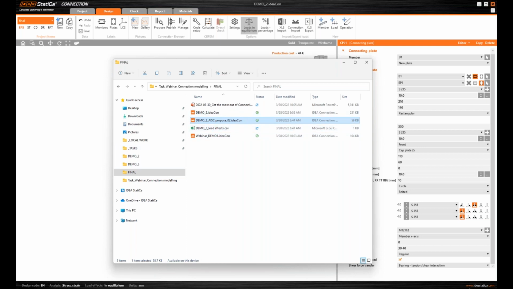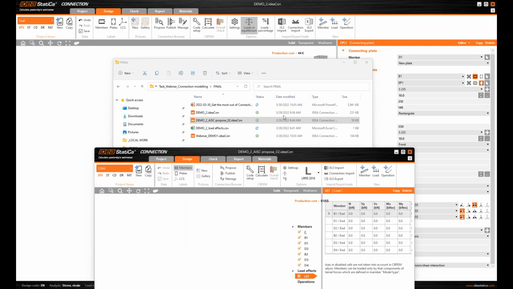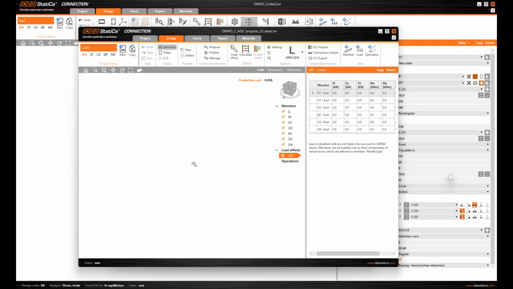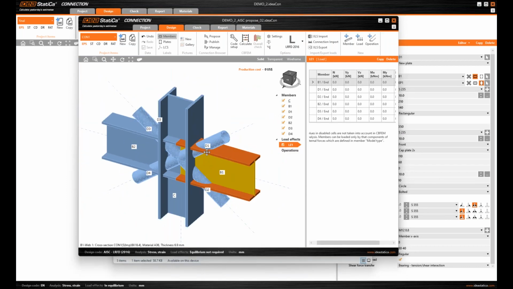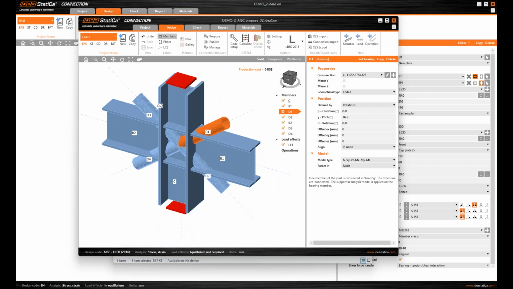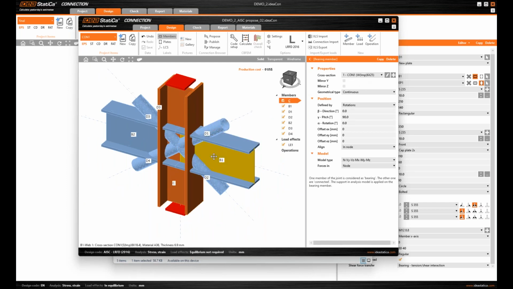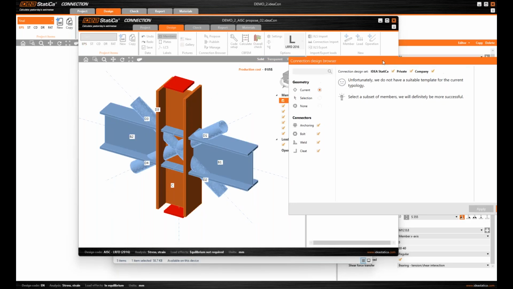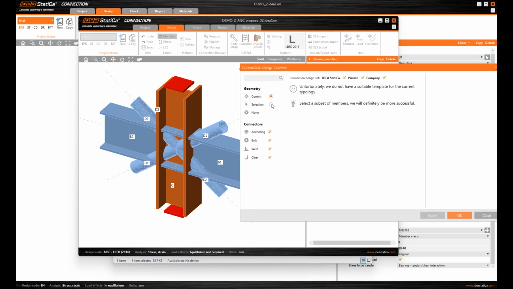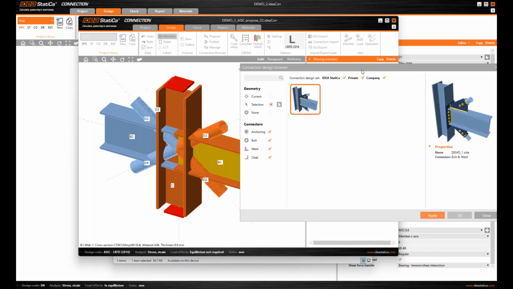It's opened. Yes, right here. Okay, so right now it's empty, no operations are there. It's a different geometry, different cross sections. We can see it's a US cross section here, and we can try to propose something for it. The first option is quite empty, but I can select just a part of the connection, so like this, and confirm by enter or